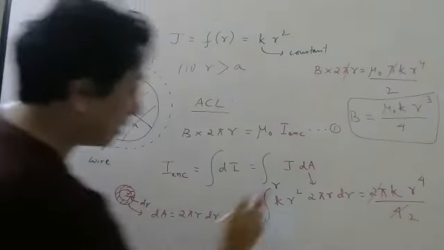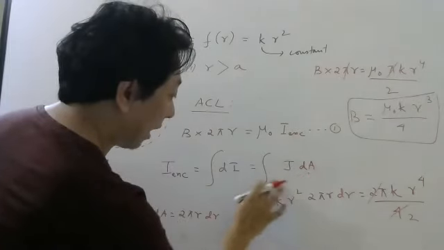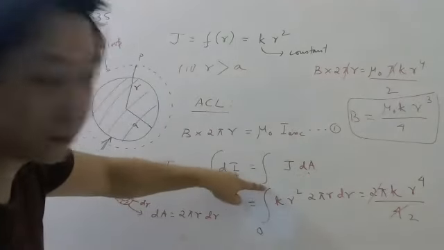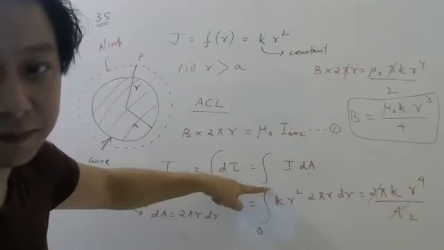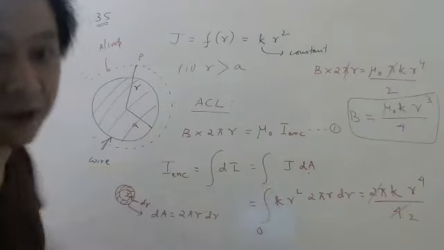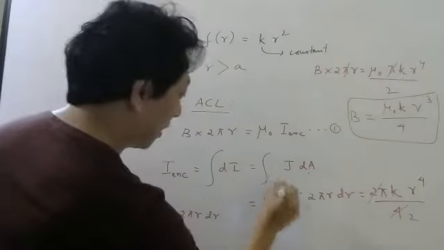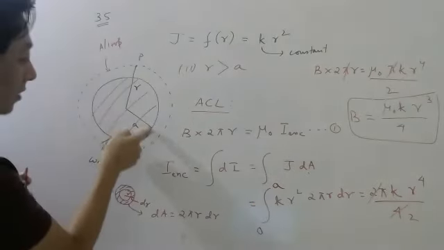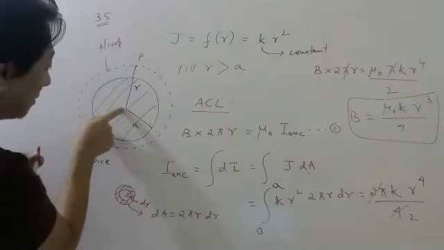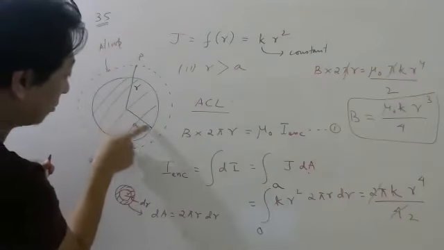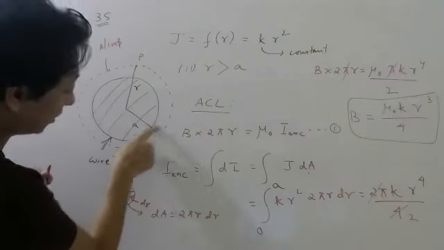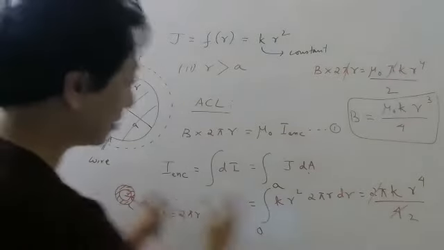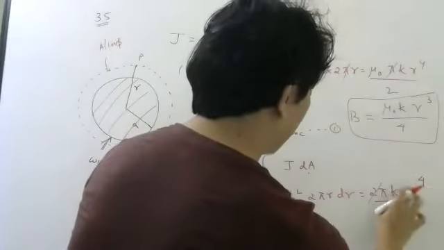So can you tell me this time I have to write what here? Up to where should I integrate? A, very good. Super. Up to A I have to integrate. Because my variable this time will start from 0 and go up to here. Correct? Because there is no current here, so no need to go till here. So this will be A. So if you repeat, this will be A power 4.